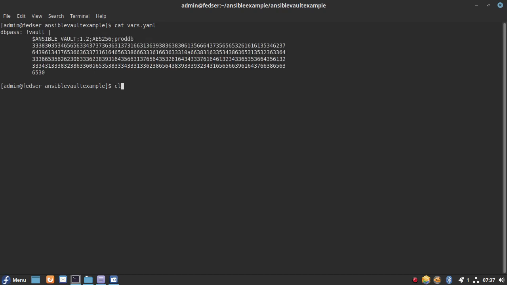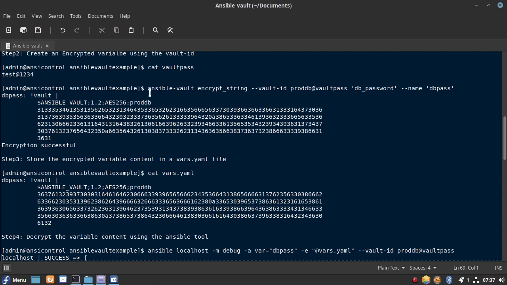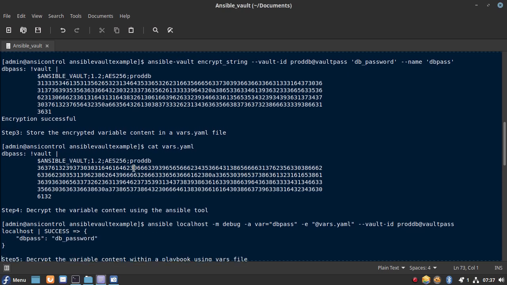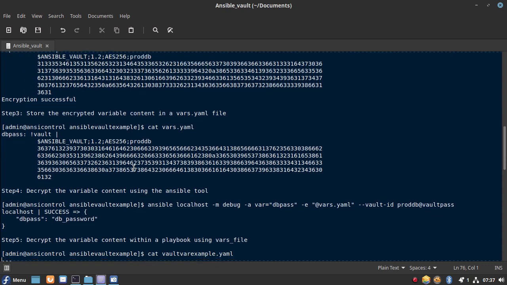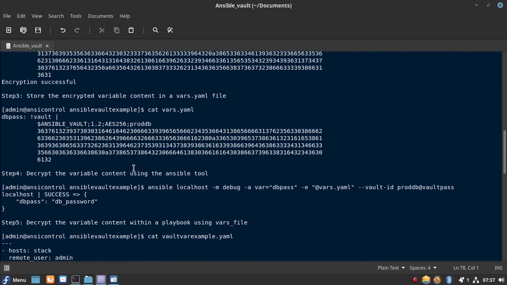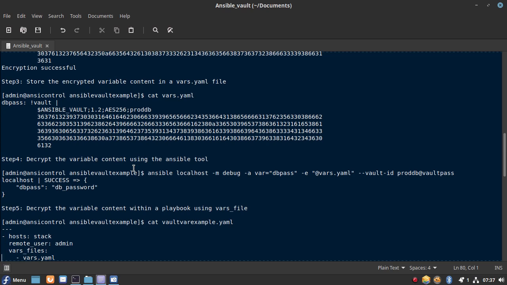So let's see how we can utilize this variables file using a module. Let's see how we can get the decrypted content of that variable using an Ansible module that is debug.